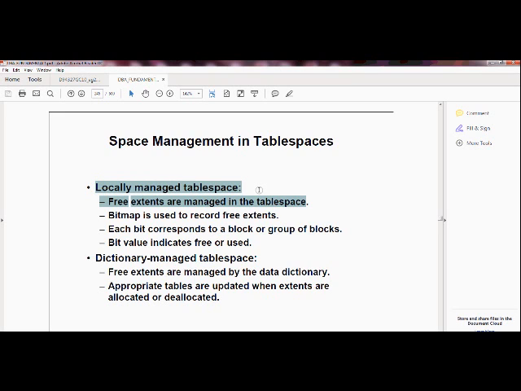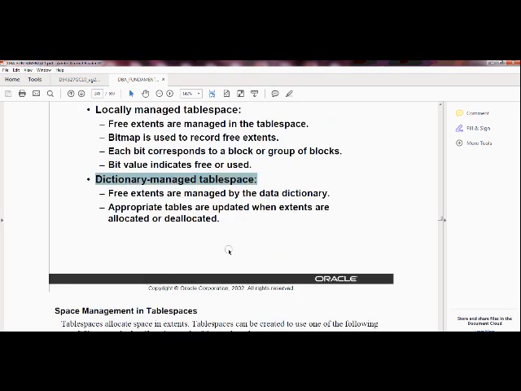Only the system tablespace generally happens to be dictionary managed. It's just the way to manage those tablespaces. If it's managed by Oracle, it's dictionary managed. If it's managed locally by that tablespace, it's a locally managed tablespace.